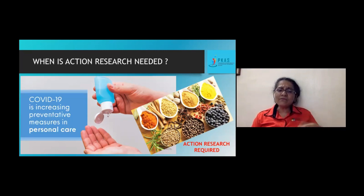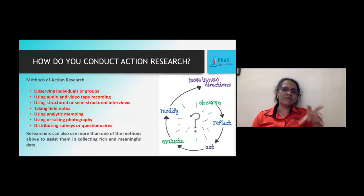So when we want to do such an introduction, it is very important how we're going to have our action research done. How am I going to document my materials? That is the most important thing. So now, if I'm going to introduce my herb product as a personal care product into the market, which technique, what do I really need to prepare to ensure that the market really thinks this is a high quality product? We definitely need to observe individuals or groups who are using this product,